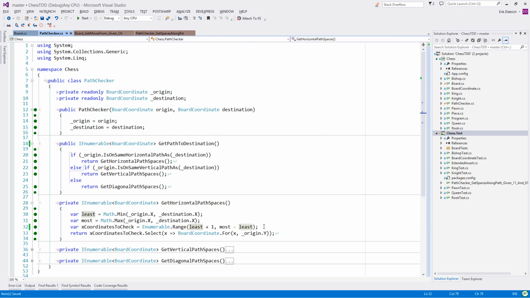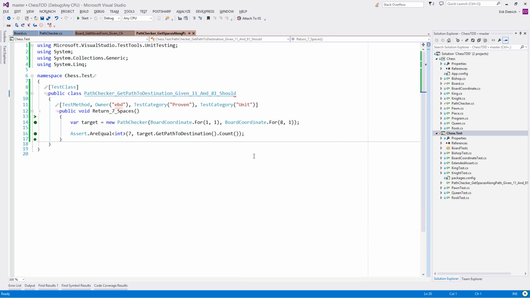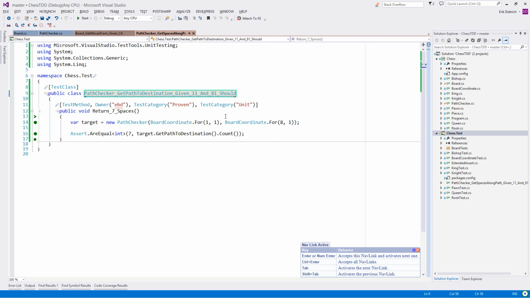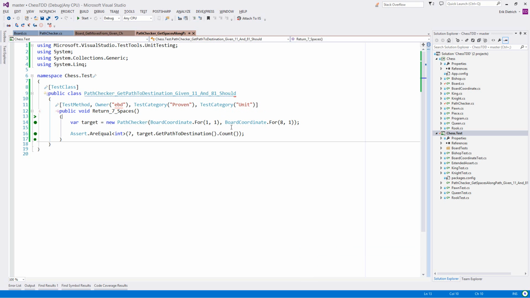So I am trying to be communicative that get path is going to give you all the spaces along the path and the destination. So now I have a passing test, and all my tests are passing, and I'm going back to do some housekeeping to rename this what I want it to be called and get rid of the squiggles and everything. So now that I have this, I can finally, after this diversion, get to do what I set out to do, which is I'm going to say,